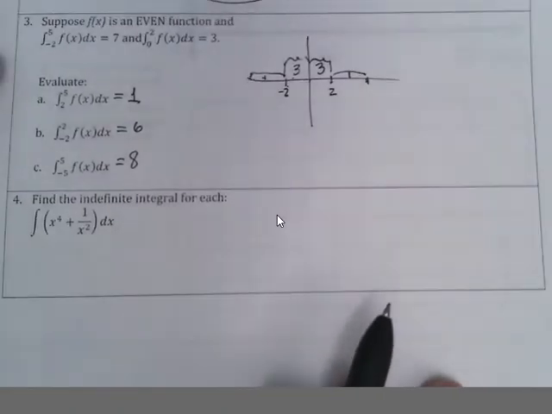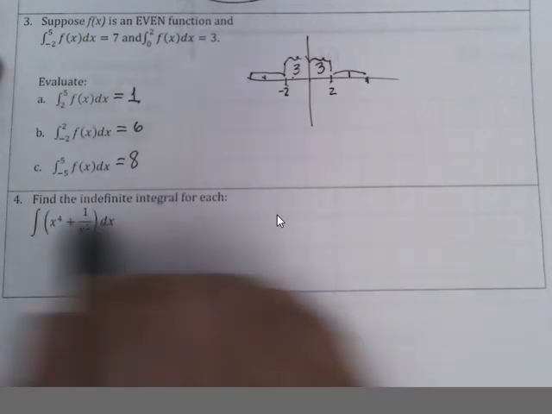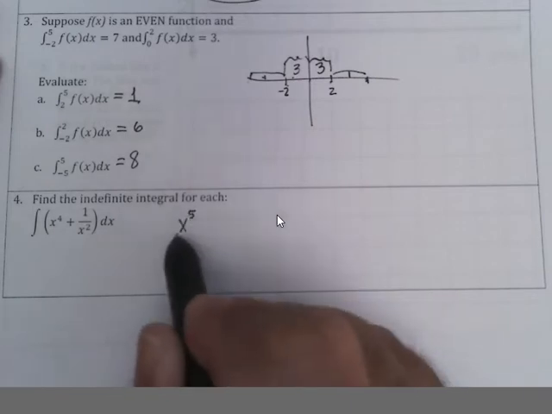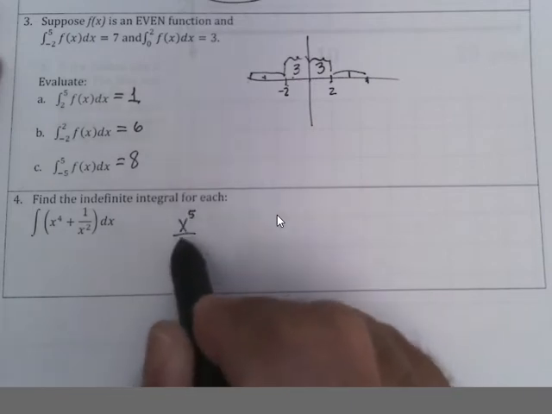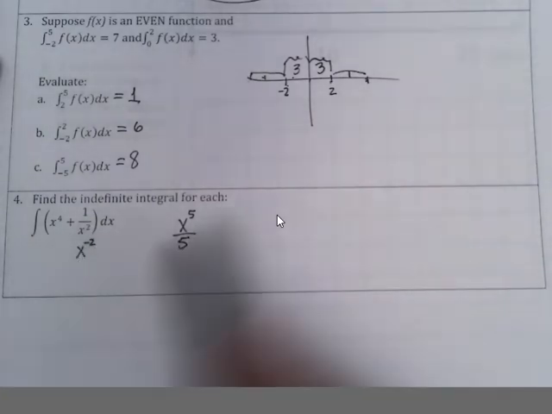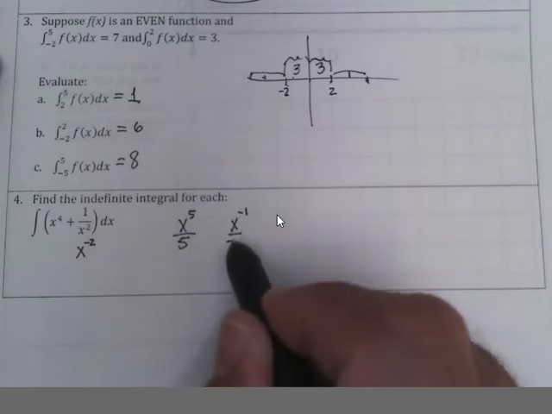Next one, the indefinite integral. To do the antiderivative of x to the 4th, we add 1 to the power, so it becomes x to the 5th, but then we divide by the new power. The antiderivative of x to the minus 2, we'd add 1, we get x to the minus 1 divided by negative 1